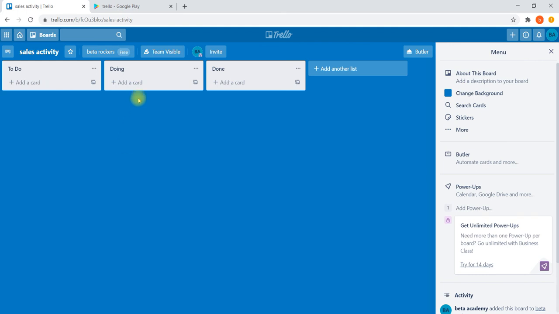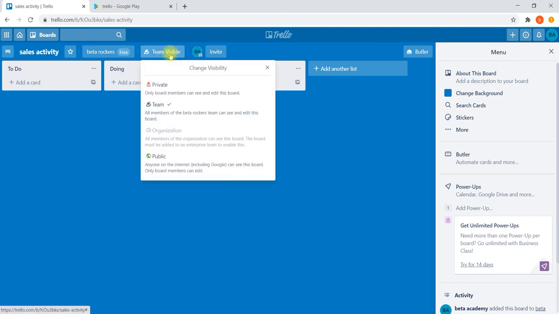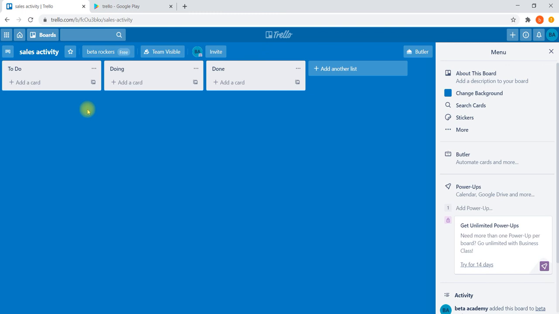And if you would like to change the board visibility, whether everyone can see whatever things you have done, or only private, where only board members can see what things have been done and they can edit anything. Like this we can manage the board. Once you have created a board, we can start doing the activities within a board. For example, you can start adding cards here. Cards are nothing but the activities.